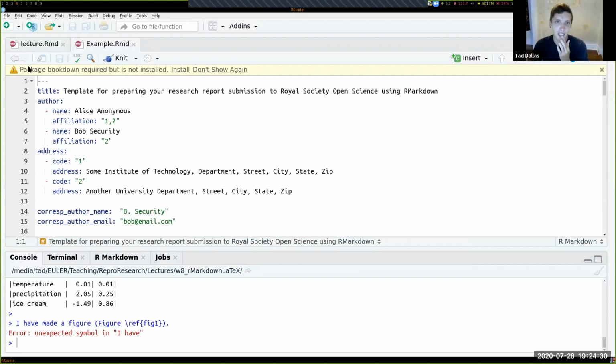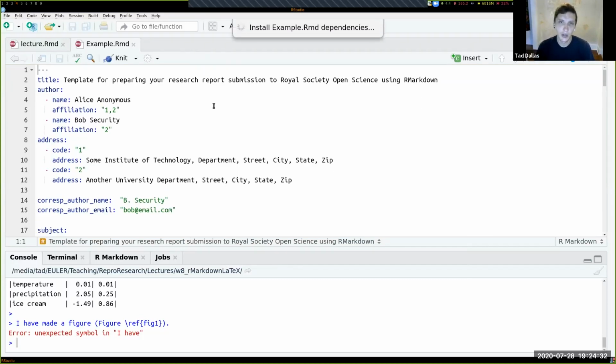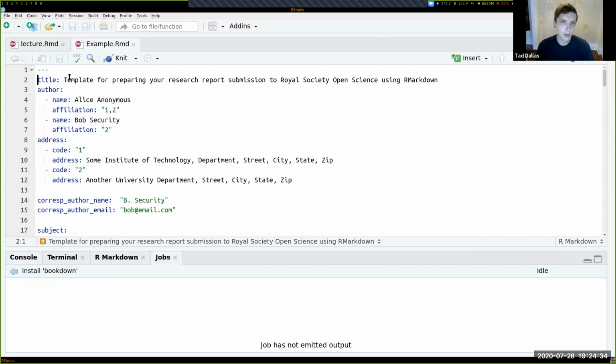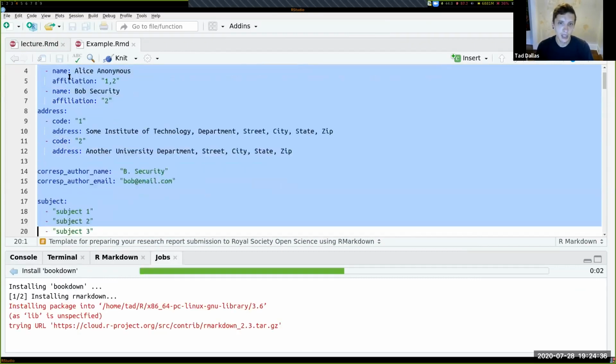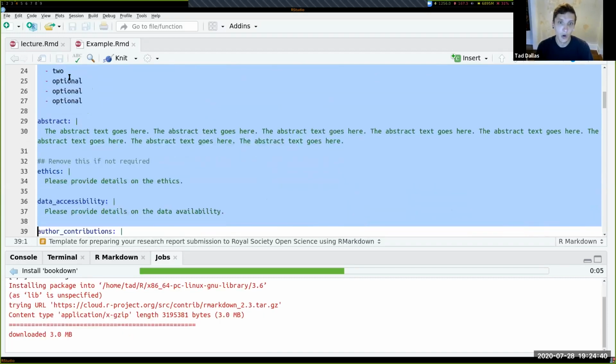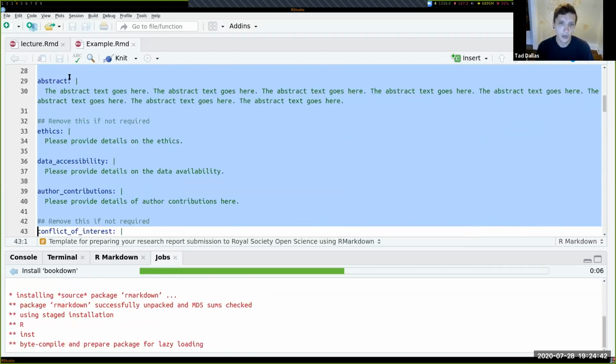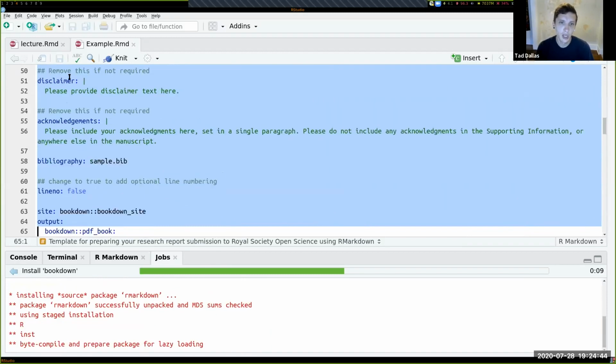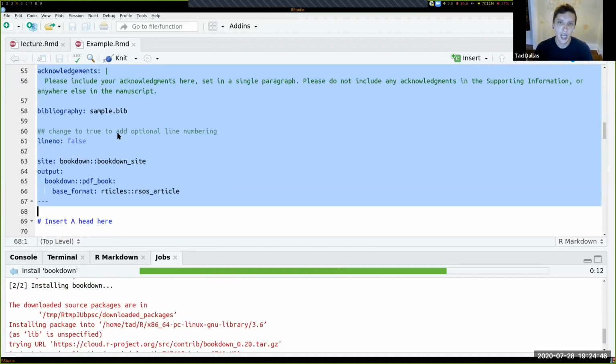It says that bookdown is required but not installed, so let's go ahead and install that. And what we see here is that it's really long. This is all part of the YAML header. So as I'm still scrolling, and there is the end of the YAML header.